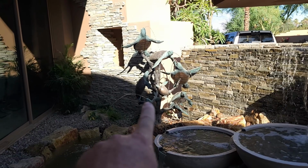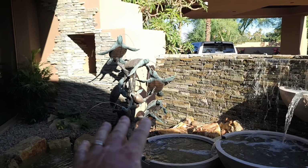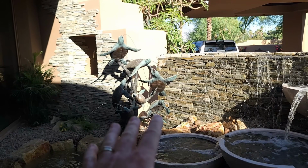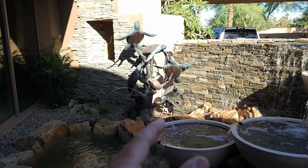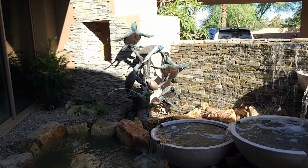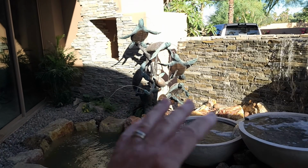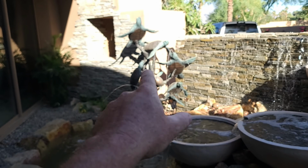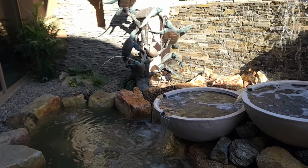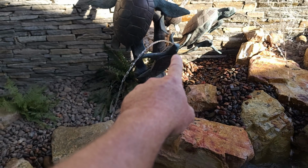So we had a little bit of a problem after we installed these. We put in check valves, we put in all sorts of things to be able to try to protect the velocity of the water coming out, and to be able to control that, we put in a check valve, we put in a pressure regulator. We did everything to try to control the water and have a controlled, steady amount of flow coming out. But what happens is this little guy right over here, this little rascal, this one right over here,